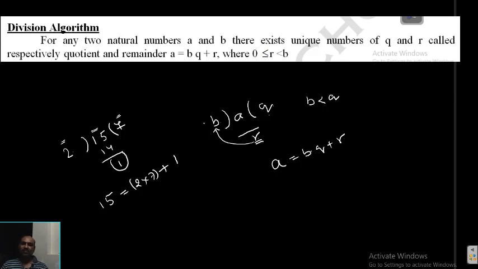For example, 15 is divided by 2, you take 2 6s are 12, subtraction gives 3. Now if I say that when 15 is divided by 2, 6 is the quotient and 3 is the remainder, that is a wrong concept, because your remainder should be less than the divisor. So I can say here that 3 is not the remainder when 15 is divided by 2.